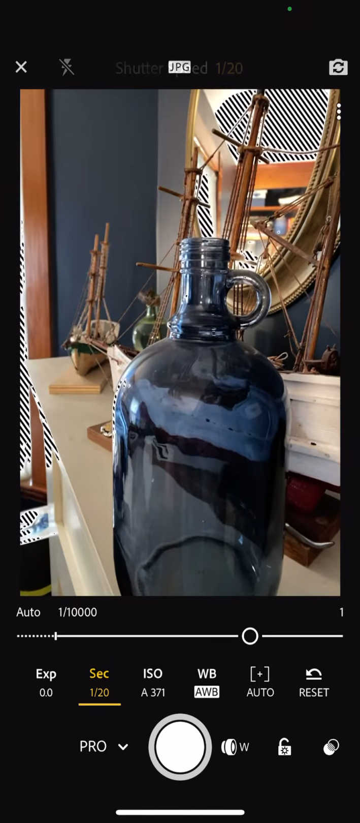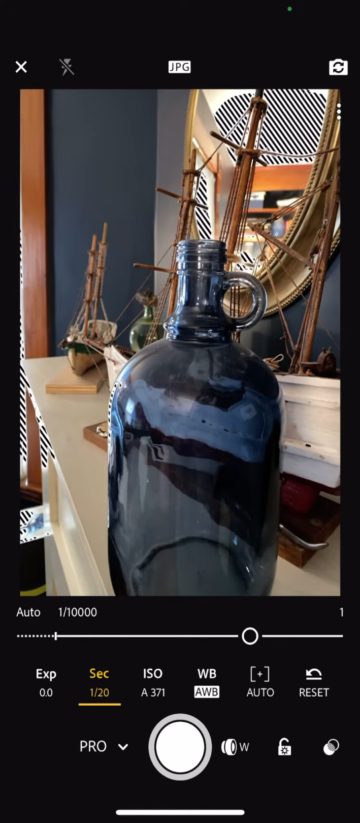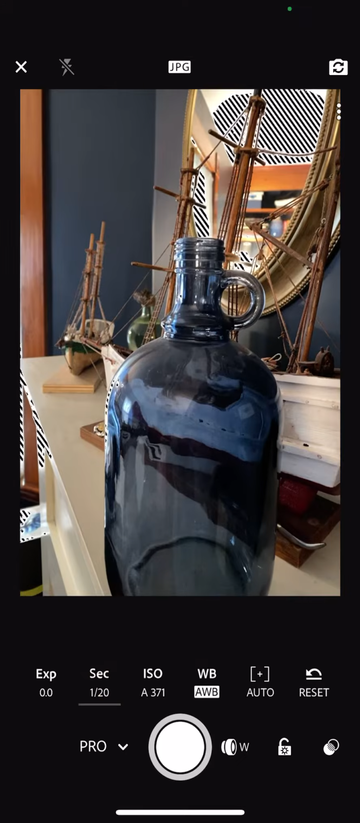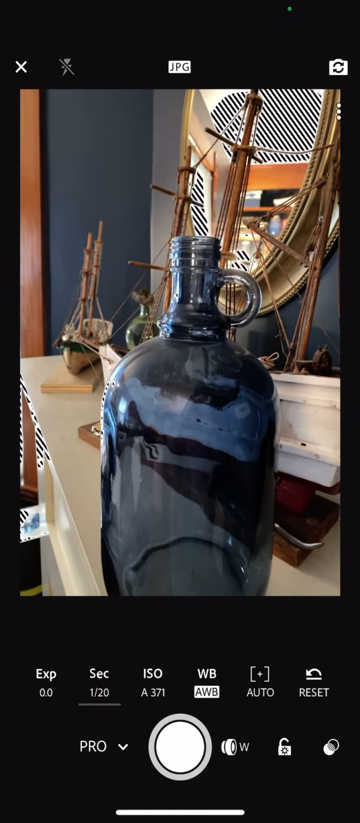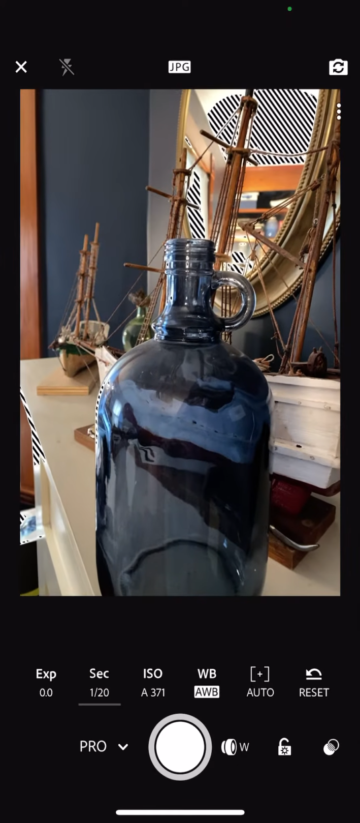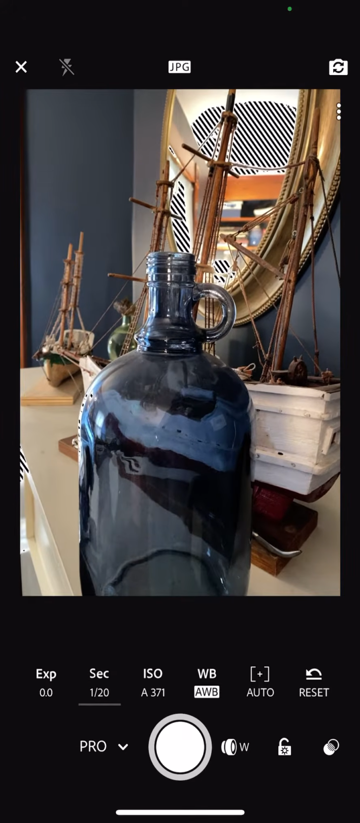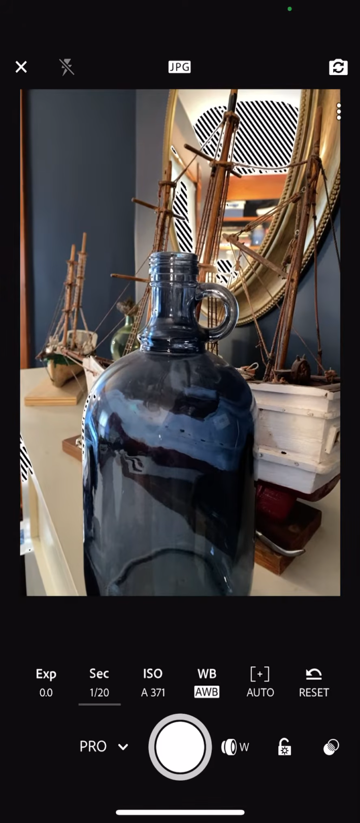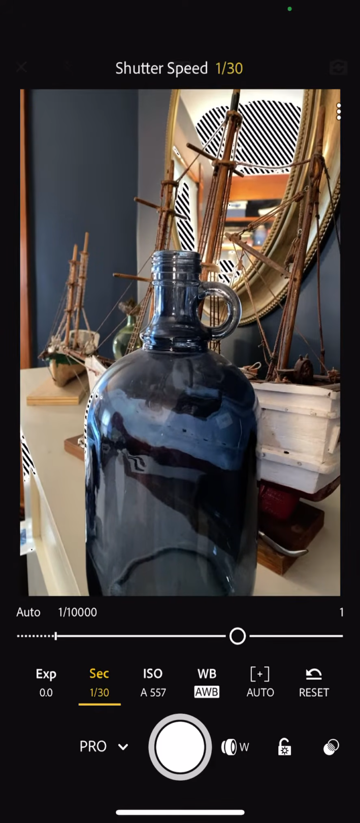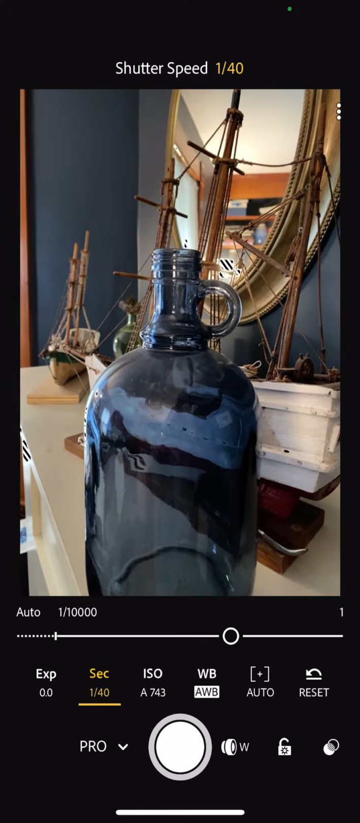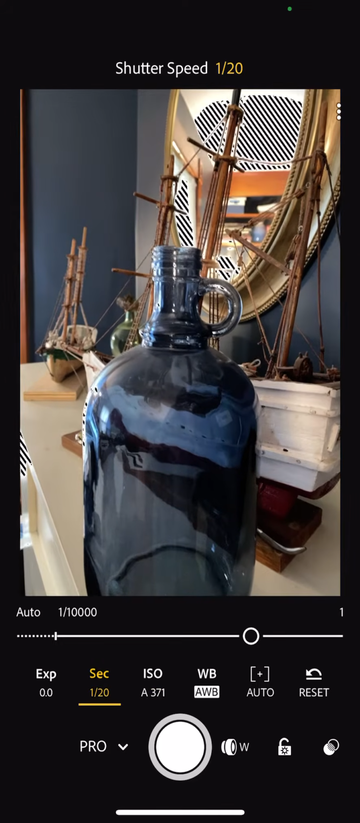So for your slow shutter speed image, you need to keep the camera still, and you need to have something moving, which I don't have anything moving in this picture, but you'll need to have something moving. And you will probably use something more like 1/30th of a second, 1/40th of a second, 1/20th of a second,